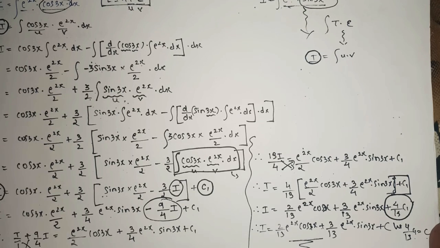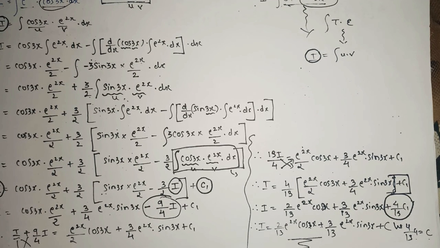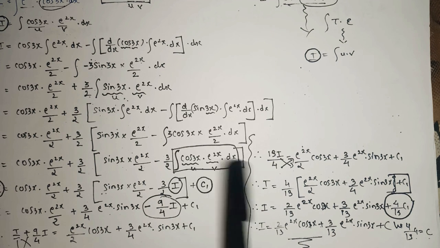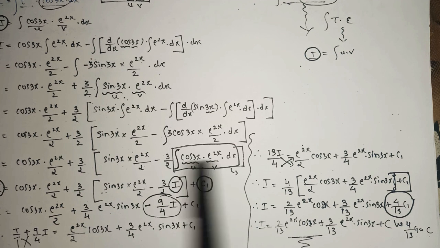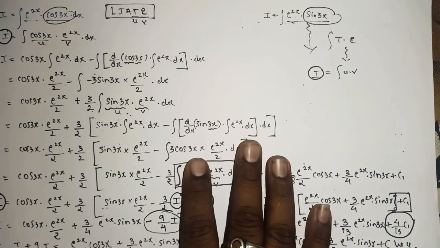When you write I, only then that loop will break, and you will get your integral answer. Without breaking this loop, you cannot solve the sum further. If you don't break the loop, what will happen? The chain process, the u into v process, will continue. I hope you understood the sum also.